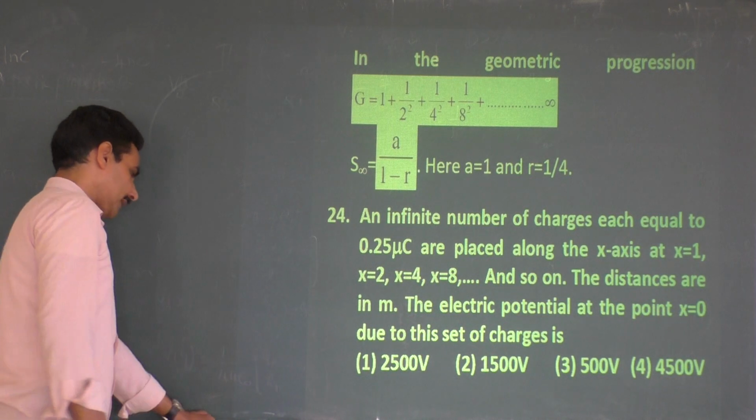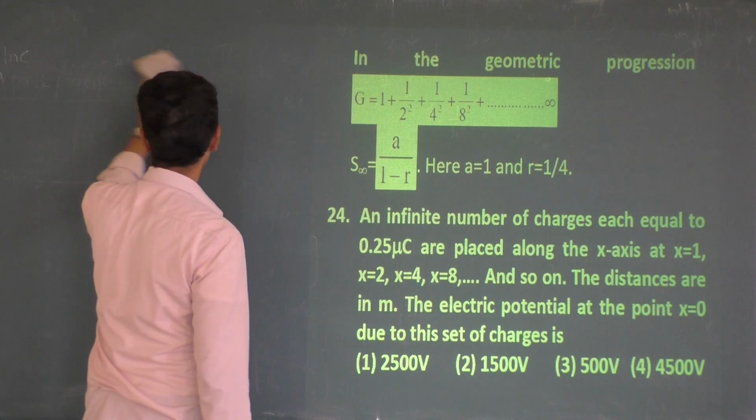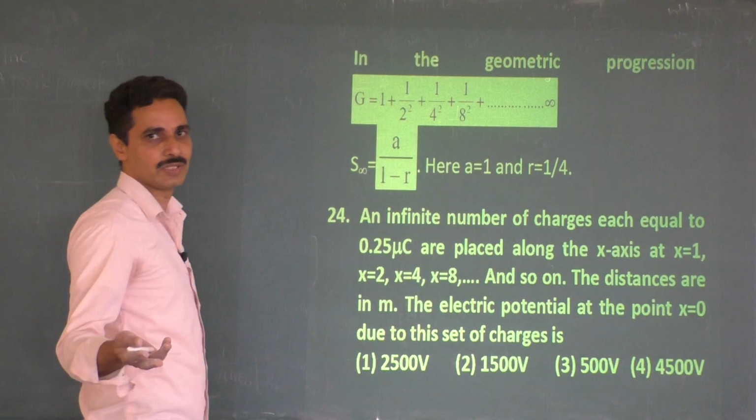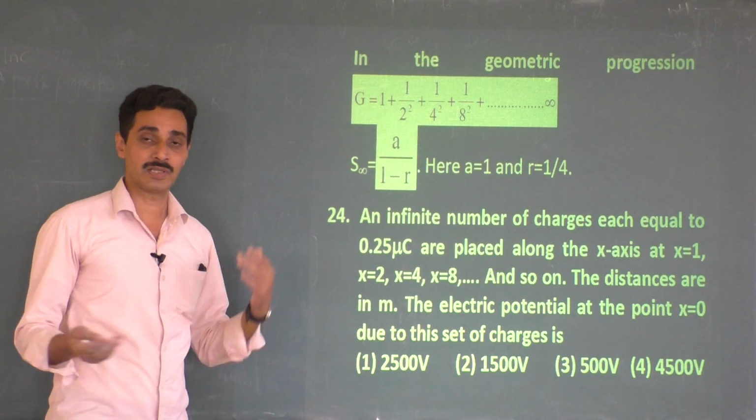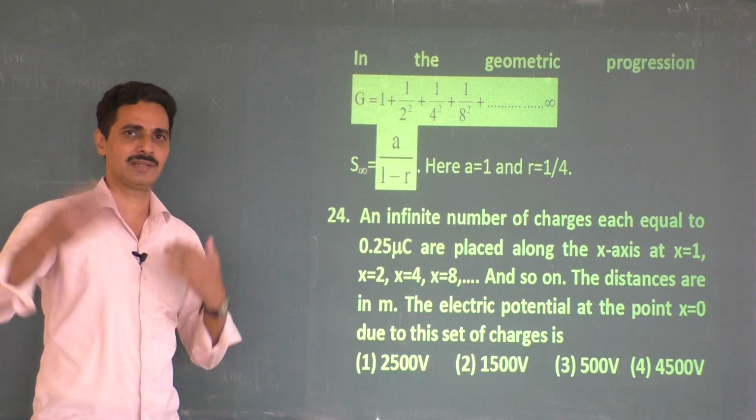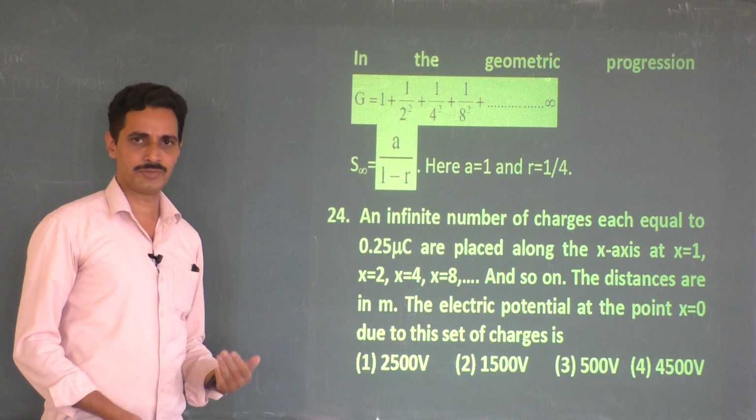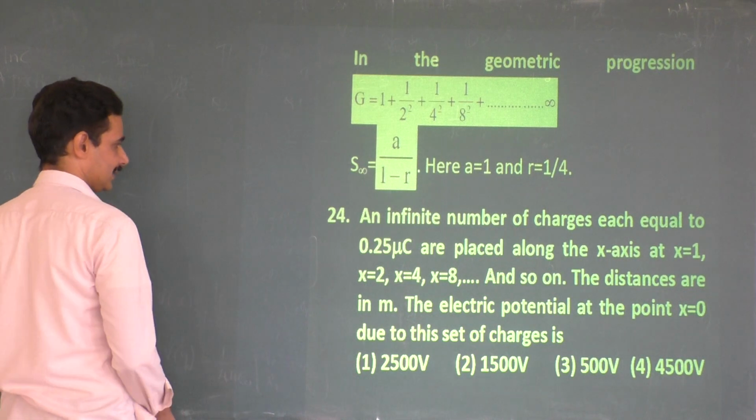Okay, so you need some mathematical background, that's all, and the physics involved is the same. Potential due to any point charge or a spherical conductor at a distance r is 1 by 4 pi epsilon naught times q by r. Work done in taking the charge